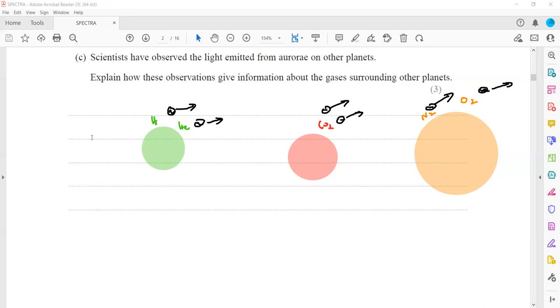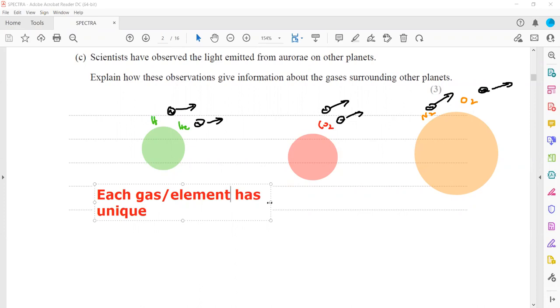You can generalize: instead of element you can also say each gas, and both ways are acceptable. So each gas or each element has a unique line spectrum,